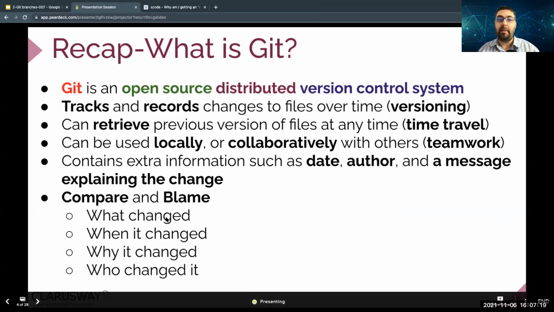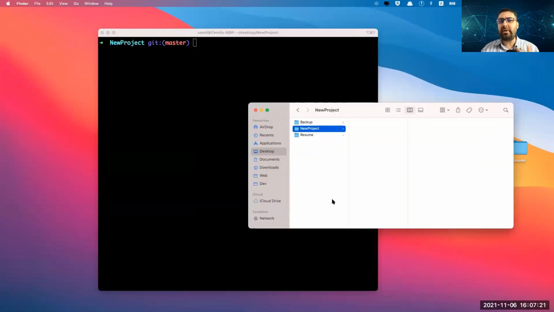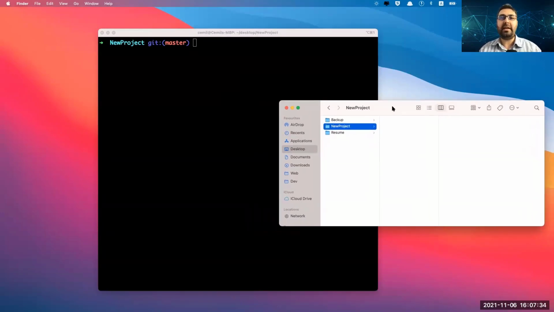Okay, so to see them. While we are working alone, it doesn't matter. But while we are collaborating with others, we need to see who, when, what is changed. So that is the question, and Git is the answer. Well, now it's a repo, but nothing in it. So we need to create some files inside that.